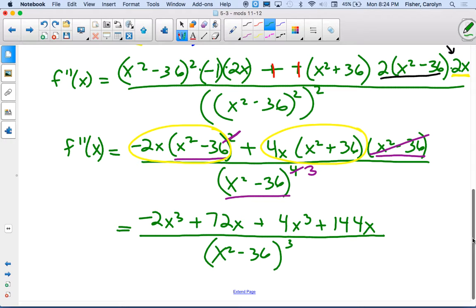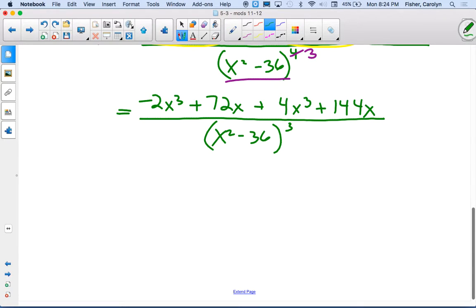And if I keep going, I'm getting close, guys. I know it seems like we're never going to get there. But I see some like terms that I can combine. So I'm seeing that I can combine the negative 2x cubed and the positive 4x cubed, and then I've got the x terms that I can combine as well. So let's go ahead and do that, and we're going to end up with positive 2x cubed plus 144 plus